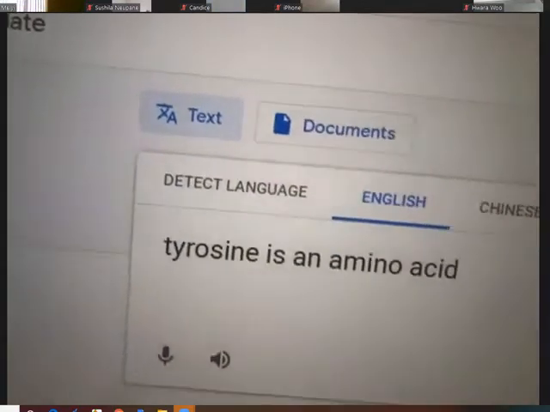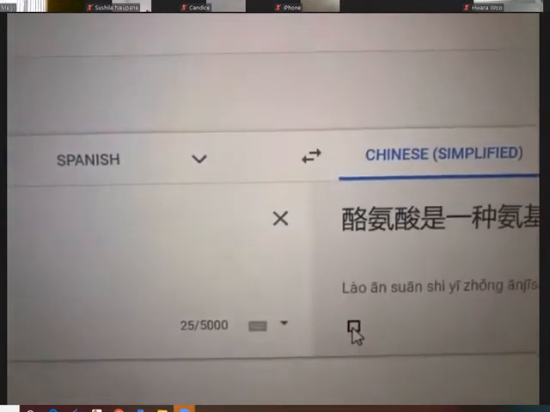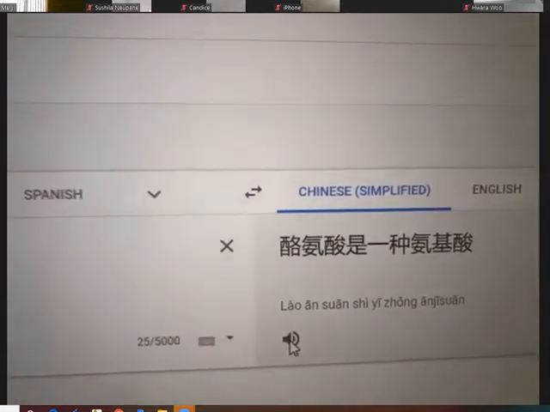Tyrosine is an amino acid. Okay, tyrosine is an amino acid. 酪氨酸是一种氨基酸。 Okay, so it changes